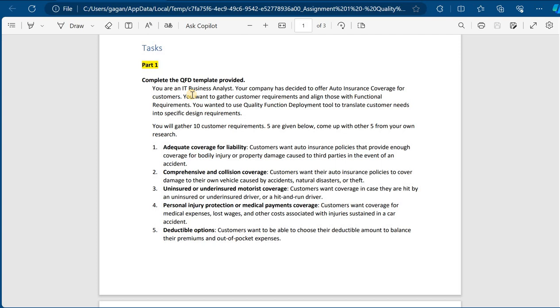So basically we are an IT business analyst in this scenario, and our company wants to have auto insurance coverage. We have some other coverages, I mean insurances, but we want the auto insurance as well. So in our case, what we have to do is gather customer requirements and align those with the functional requirements. Basically, you will have everything in the template